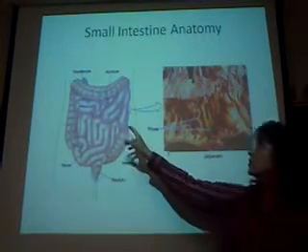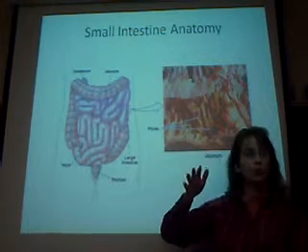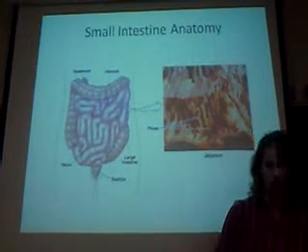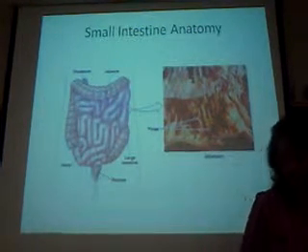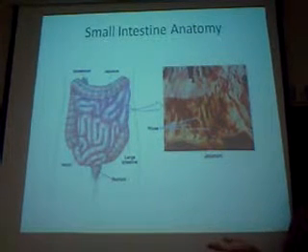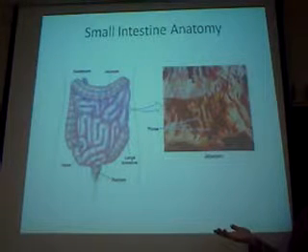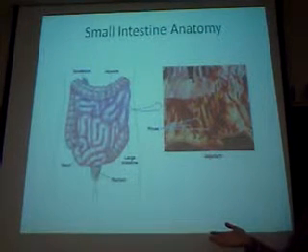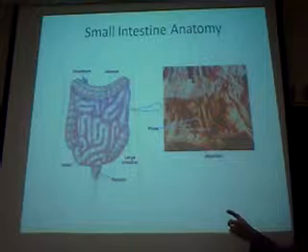The next region is called jejunum. That's the middle region of your small intestine. You'll notice that's approximately 8 feet. And still, we're going to have villi for absorption. We're still going to be doing digestion there. But near the end of that jejunum, we're going to run into